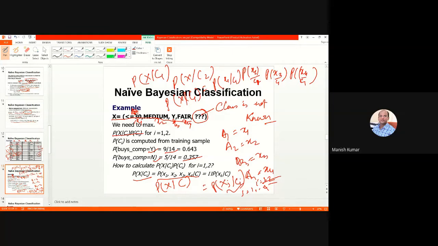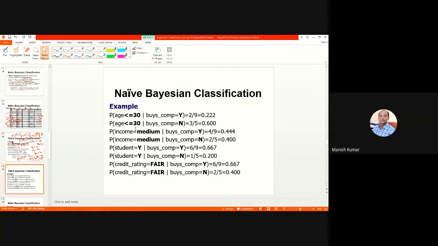So this is required to be calculated just to have P(X|C1). So we'll move on. First of all, what we'll do is find out